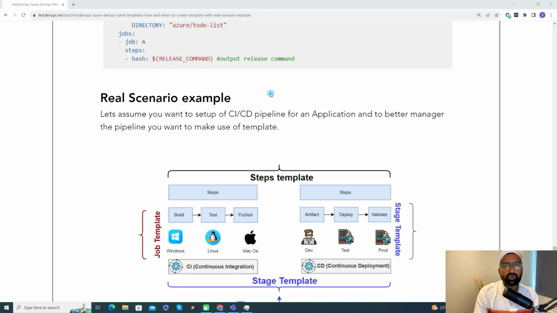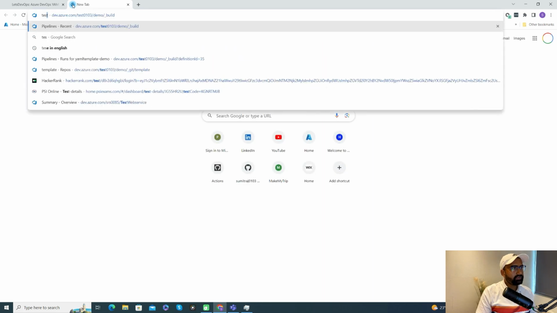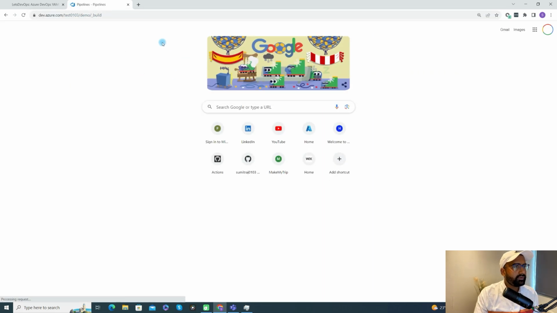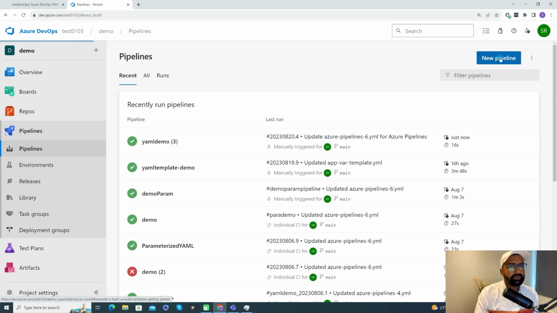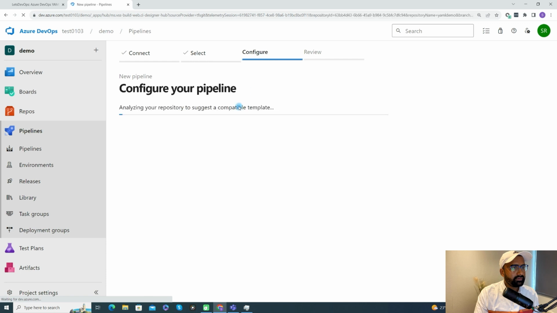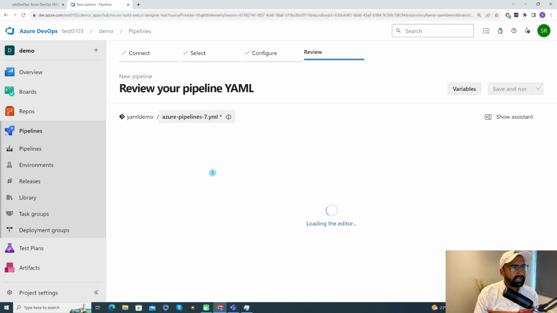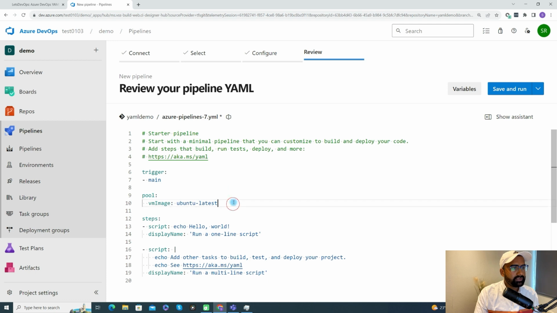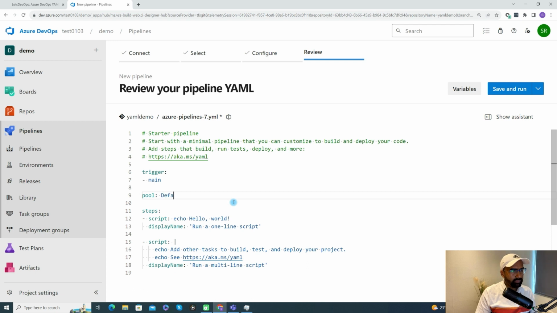Now before diving into the complex example, let's create a sample pipeline where you'll have multiple steps, and further we'll try to convert those steps into a step template, and that step template we'll call from the main. So let's log into Azure DevOps, and here I'll try to create a new pipeline. I'll just pick the starter pipeline, and here I'll update the pool because I'm using a self-hosted pool. My pool name is default,